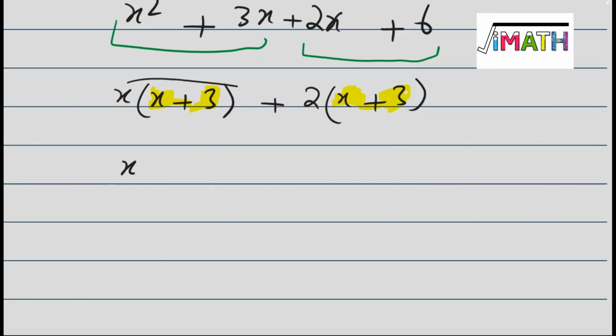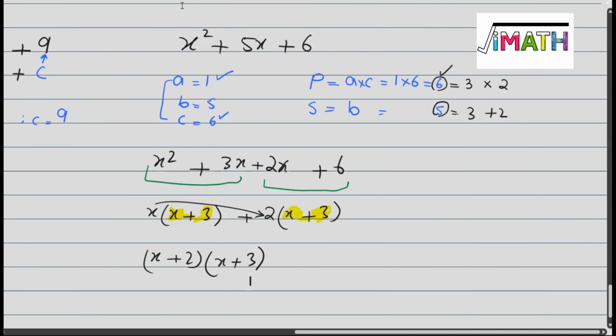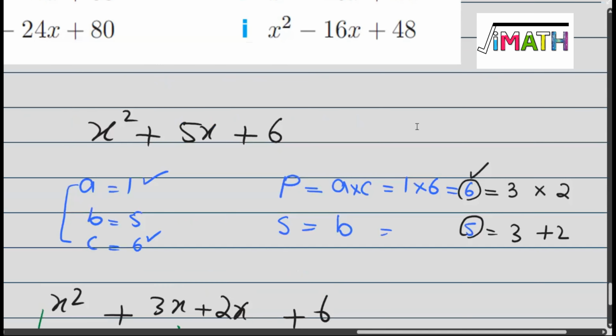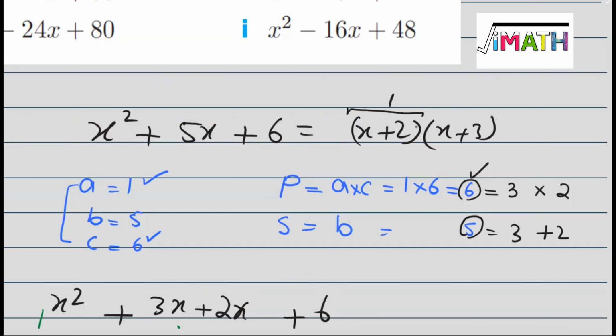So we write this x plus 2 as the individual factor and this repeated factor as x plus 3. Now we have factorized this equation, so it's gonna be x plus 2 and x plus 3, the first factor and the second factor. If you apply the distributive property here, you will get the